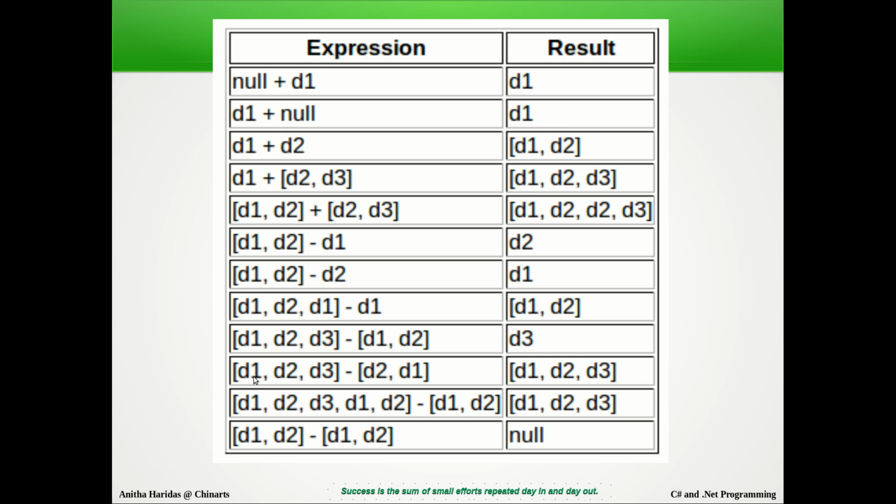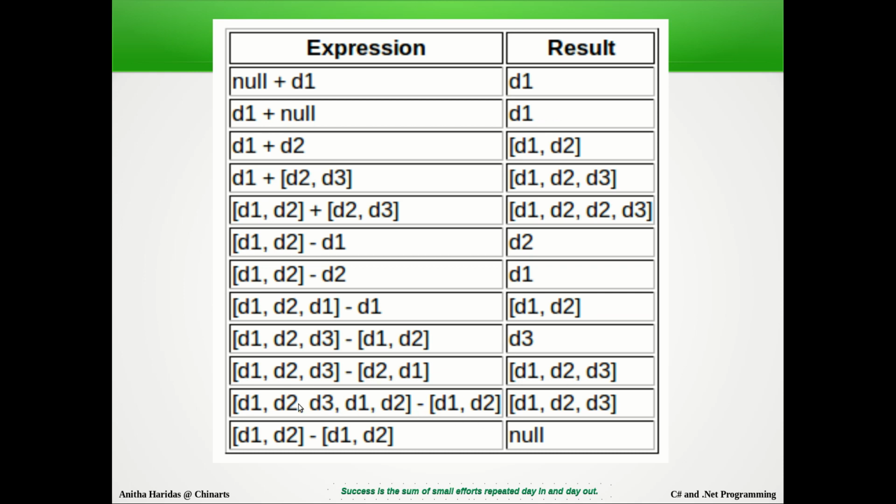And if D1, D2, D3 is a combined delegate, and you are giving the removal of D2 and D1, it will start searching for that combination. That means first it should have D2, then it must have D1. When it searches in the list, the D2 then D1 combination is not available. So nothing is removed. You get D1, D2, D3 as it is.